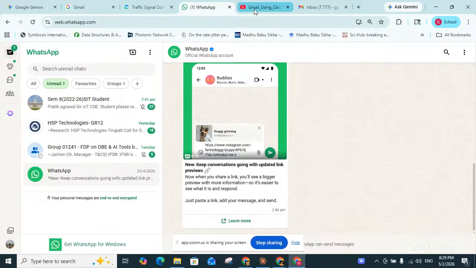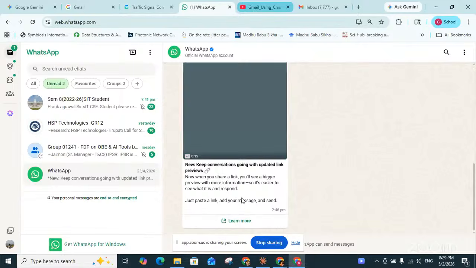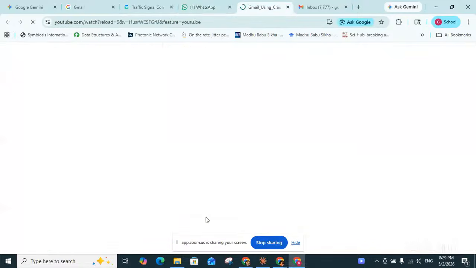Yeah, that is. You are on the same page, the WhatsApp page. Now it is gone. Yes, it is visible.